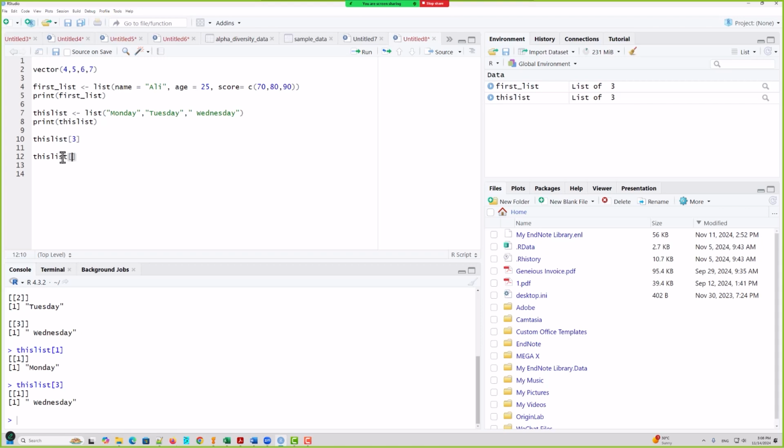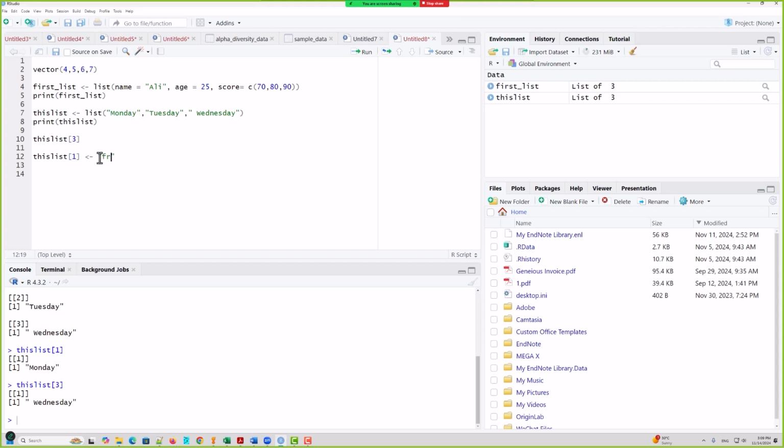I want to change the first position with another word, with another data. So I will put this here, and I want to make changes in this list, in this container and this variable, and I want to change the number one position, which is Monday, with Friday,